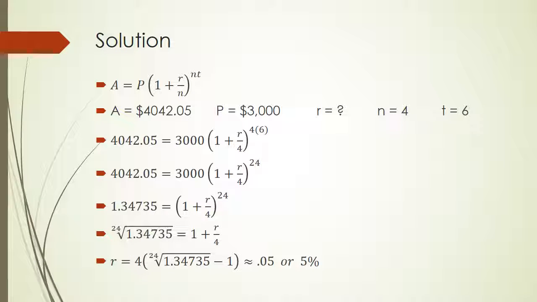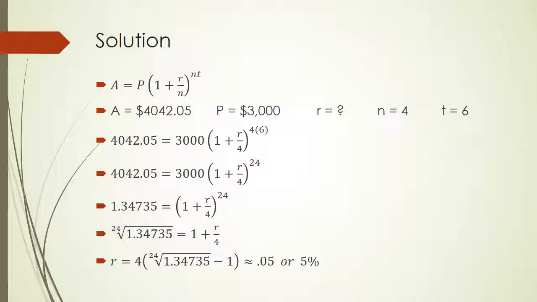Okay, so here are all our numbers spelled out. We know A, we know P, we know N, and we know T. We don't know R. So R is going to be our variable. We put everything in place. And you can see that what we did is we simplified the 4 times 6 to 24. Then we divided both sides by 3,000. That gives us the